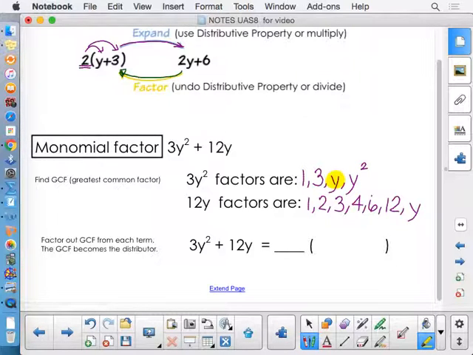I see each list has a factor of y for my variables, so the largest power of my variable, and a 3 for my numerical part. So the largest common factor they have is the expression 3y. And I'm thinking reverse distributive property. If I take the 3 and one of the y factors out, that would leave a y left to be distributed over. If I divide out the 3 and a y factor from the 12y, I'd have a 4. And you can always check that your monomial factoring is correct by distributing back and making sure you get back